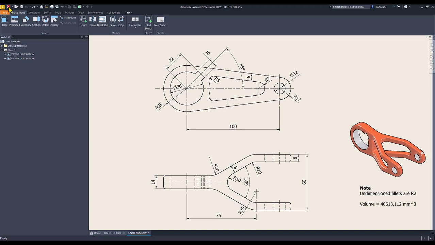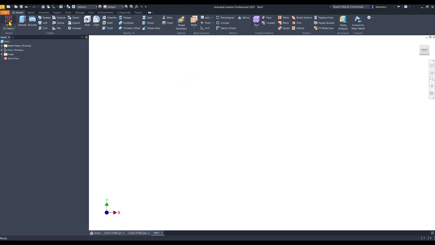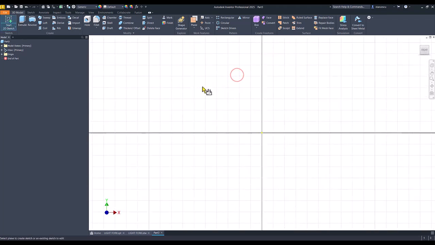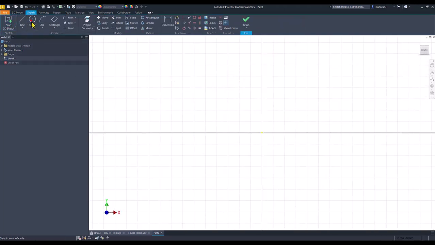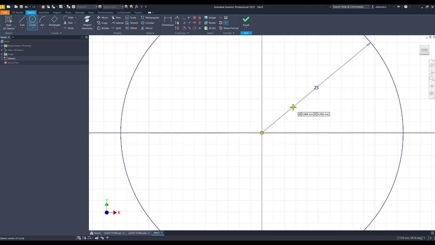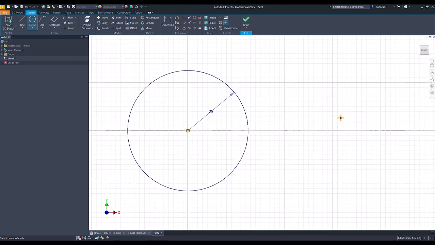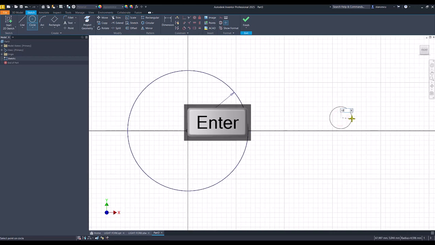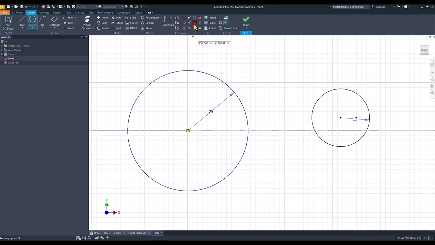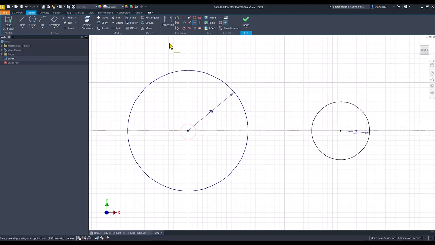Let's start with this standard millimeters IPT, plane XY, circle with a radius 25, then another circle with a radius of 12 on the same horizontal, center and center, distance of 100,